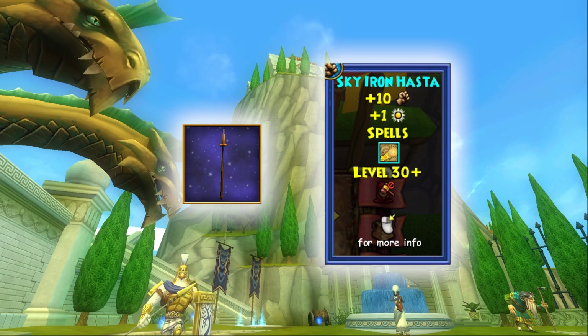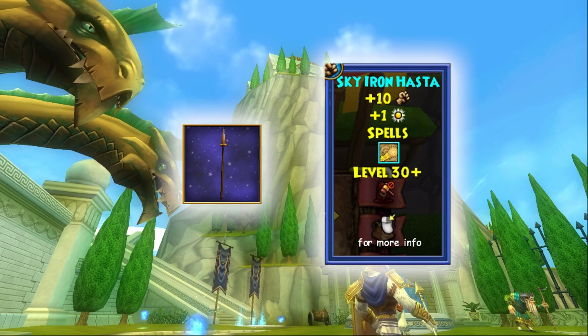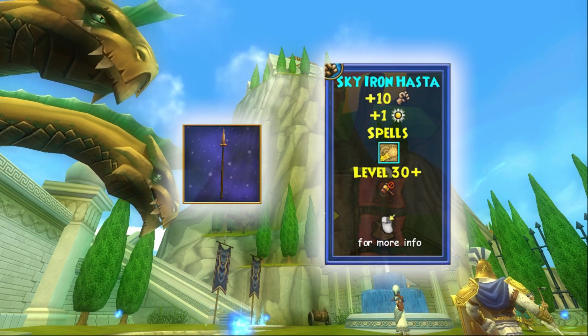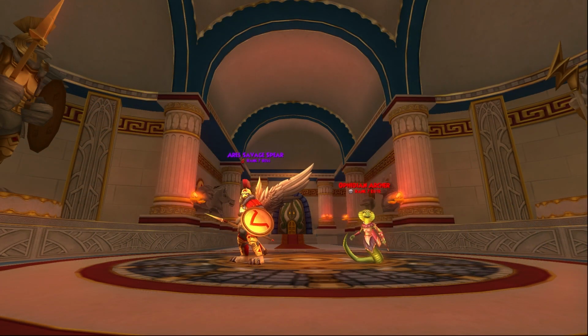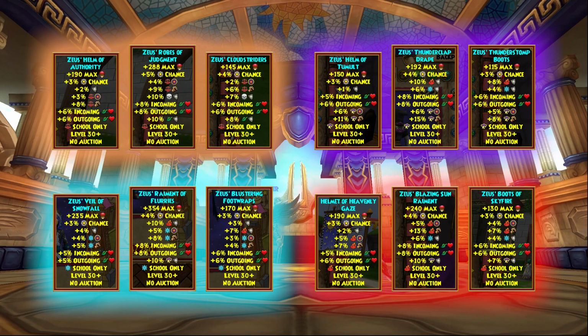This beast grants you 10% damage. Yes, I said 10. Oh, by the way, did I mention it gives you a power pip too? Huh? Drop by Ares, you'll get this thing every time you fight him, so you should have no concern getting it. For the main gear though, your eyes should be on the Zeus gear drop from Zeus Skyfather at the